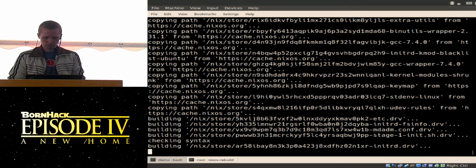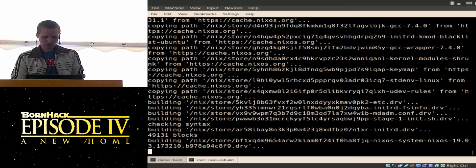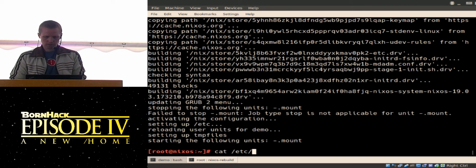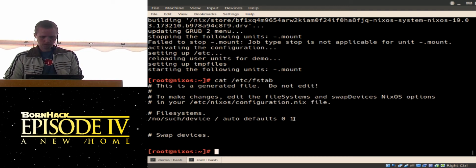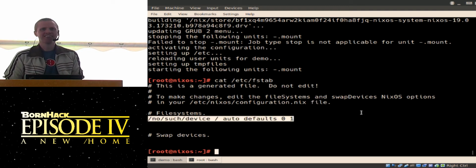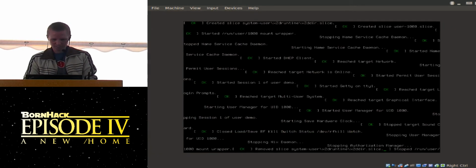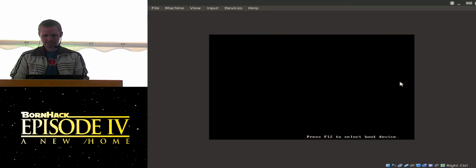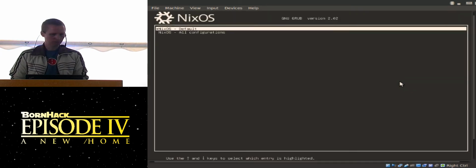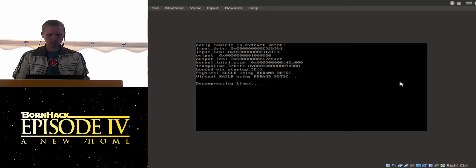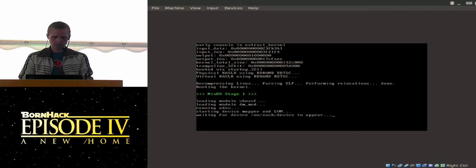Just downloading a bunch of stuff. All right. So this is not very good. I don't know how many of you would be happy to do something like this on your typical Linux distro. And of course, running reboot afterwards. So now you see the grub load screen. So basically the default is the one I just built. And we're kind of stuck here.